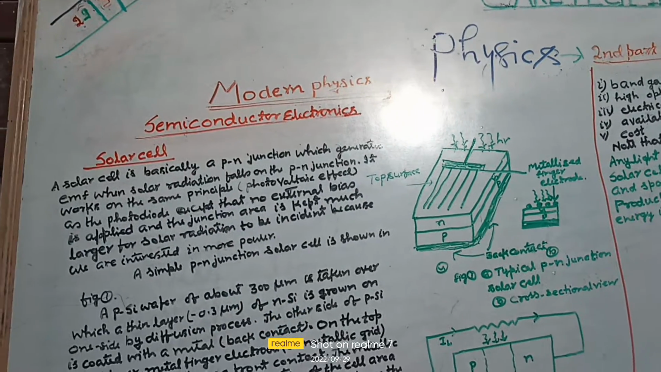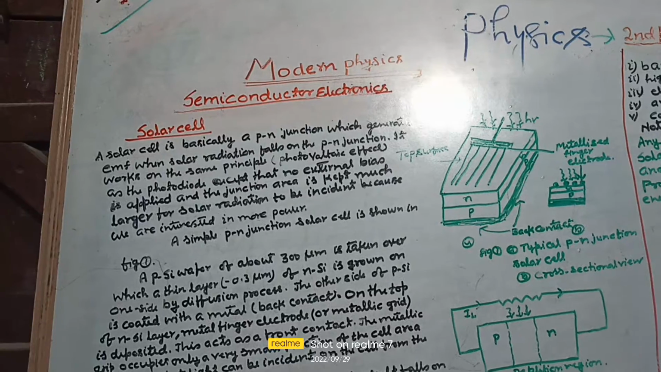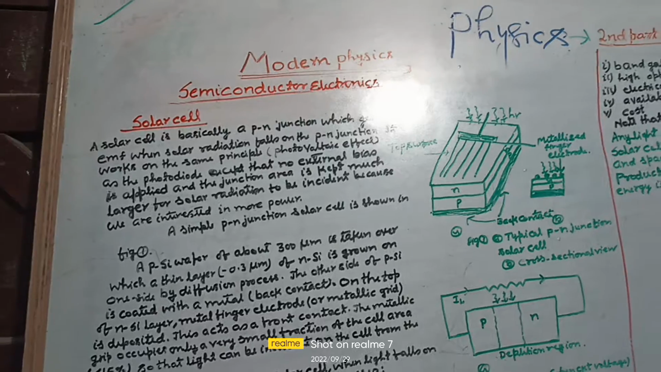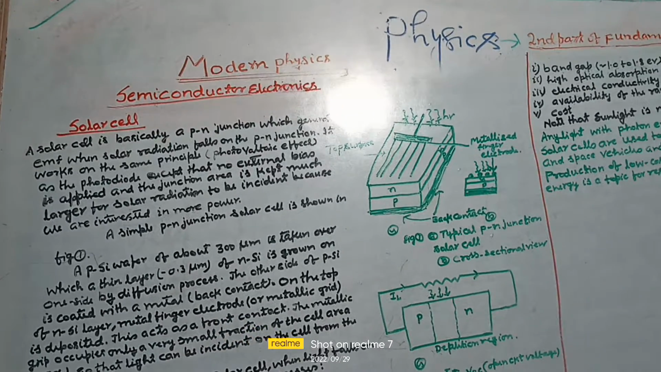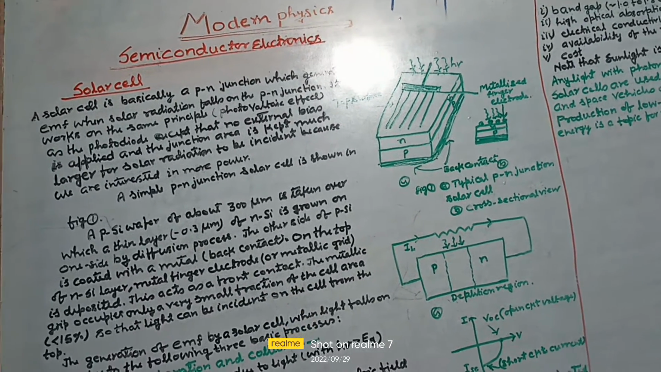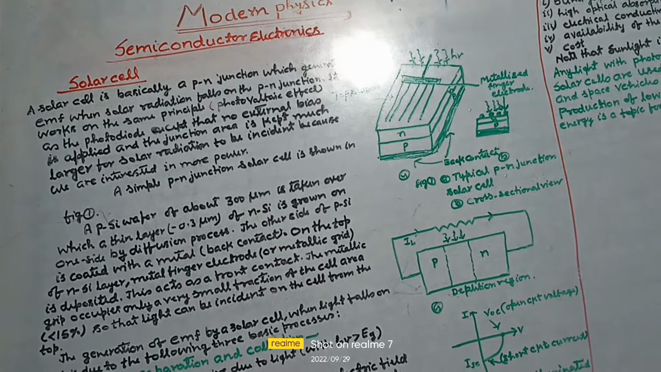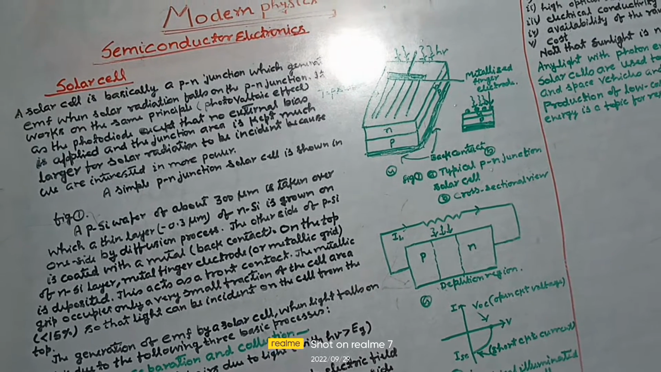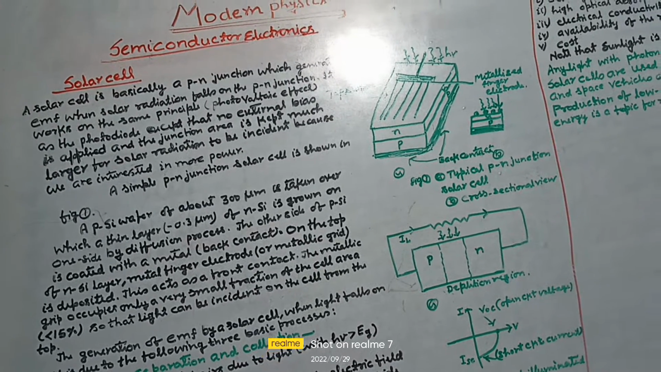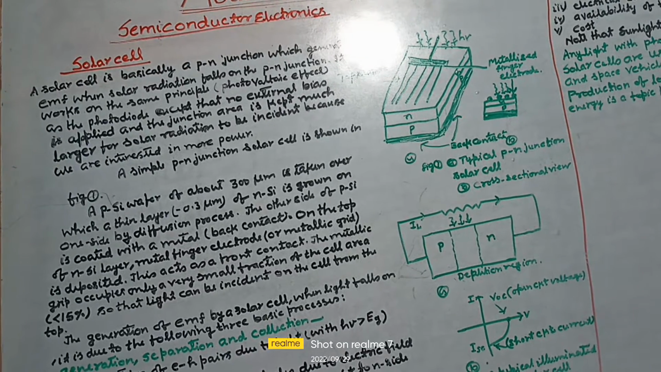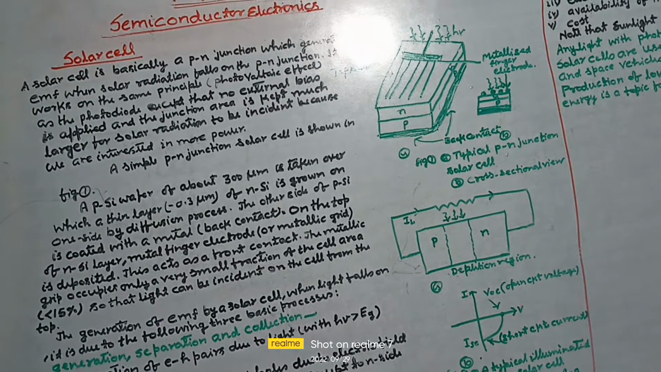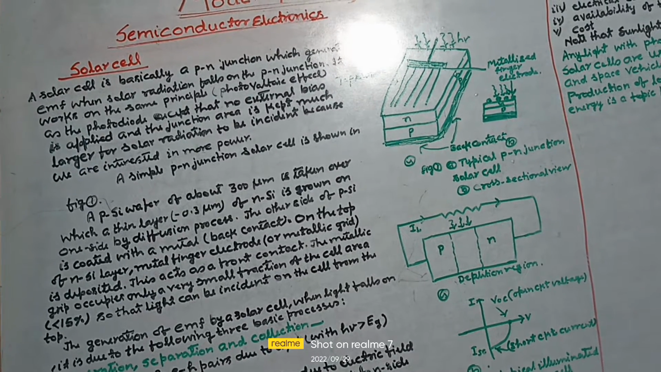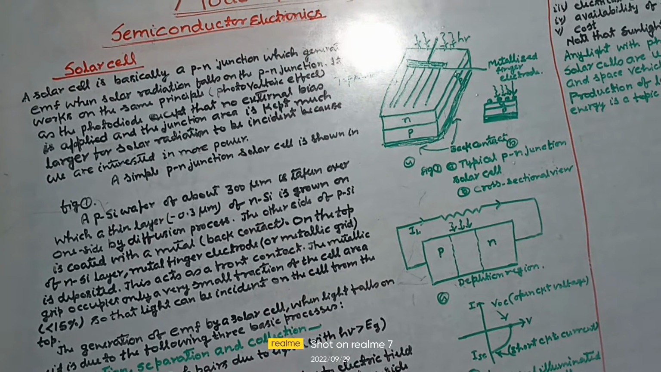Today we shall study about solar cell in semiconductor electronics. A solar cell is basically a PN junction which generates EMF. When solar radiation falls on the PN junction, it works on the same principle, the photovoltaic effect, as the photodiode, except that no external bias is applied and the junction area is kept much larger for solar radiation to be